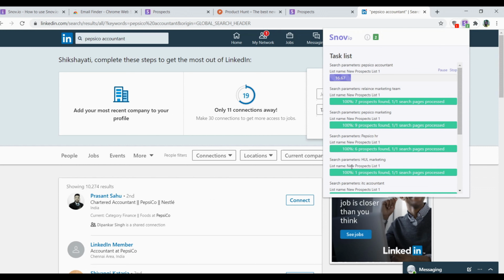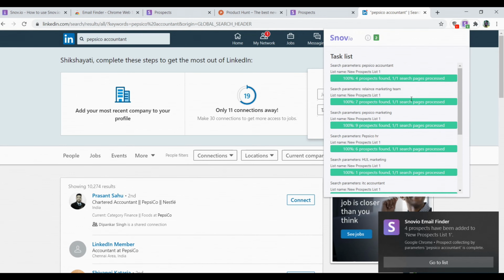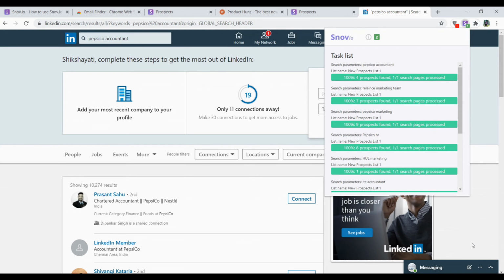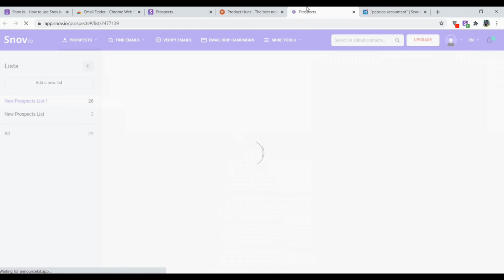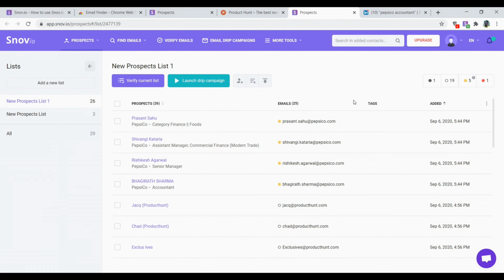Once it is done, you'll get a notification that all the email IDs have been saved in your application. We got the notification which says that the email ID is ready. As you can see on the screen, I got all the four email IDs which I can use for further